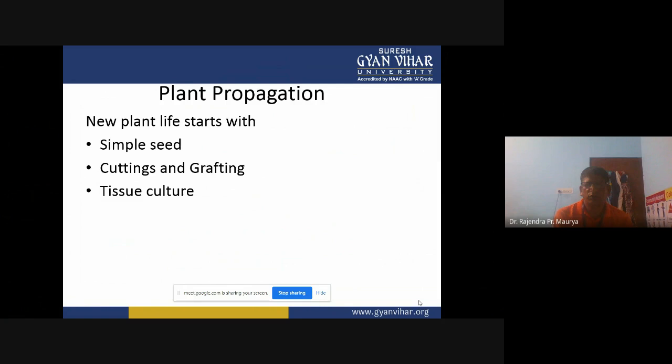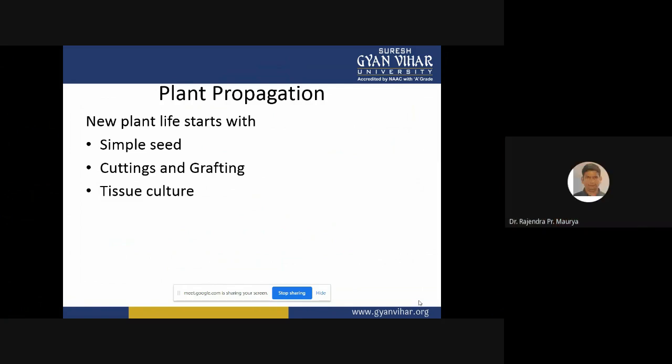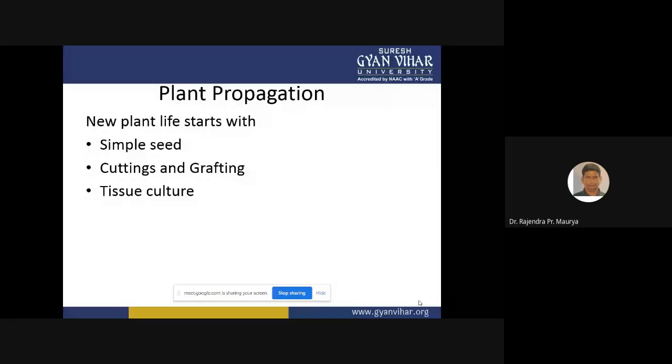So we join two genetically dissimilar plants by a healthy bud, which should be slightly dormant. If you are joining through a single bud, that is known as budding, or we are joining through twigs, the scion wood, which contains several buds.